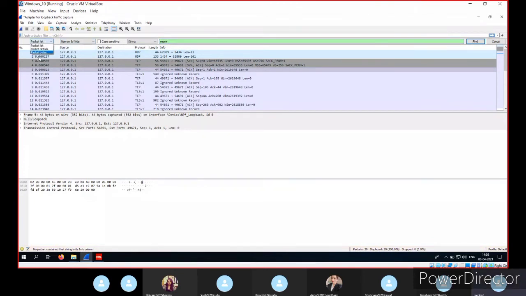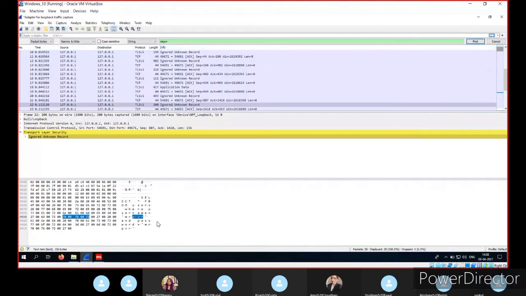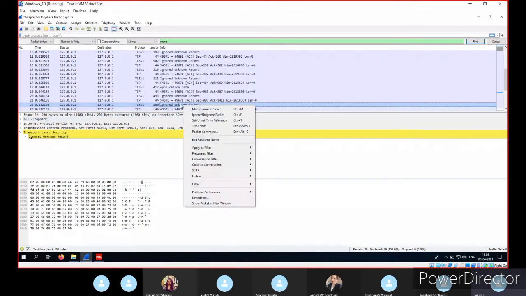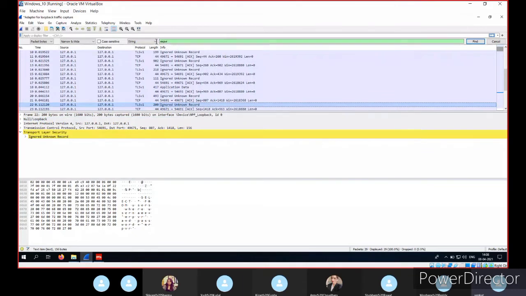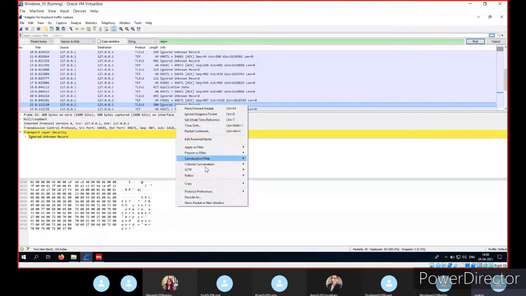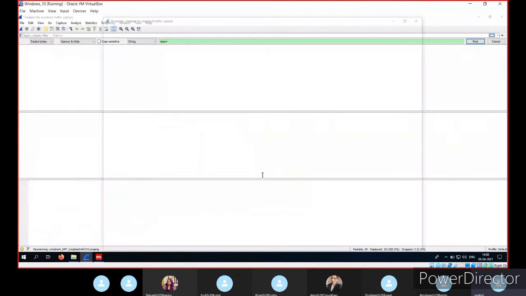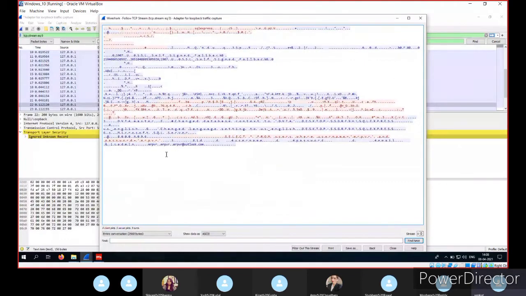Select packet bytes, string, find. Here you can see, in this particular packet, Mr. PVR is there. If you follow the TCP stream, you can find that particular username and password here.